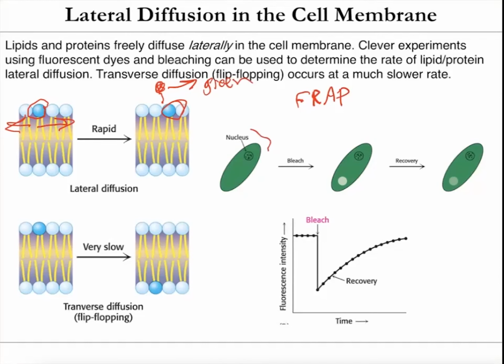Then you could take a cell and hit that green protein in a specific spot with a very strong light that will bleach out all the color, so there's no more fluorescence in that area. You can see how it's really white at this position. All you have to do then is wait and see how quickly these other lipids or proteins flow in to fill that space. You can see it's already starting to get more green because these other lipids or proteins are moving around very freely all over the cell membrane.